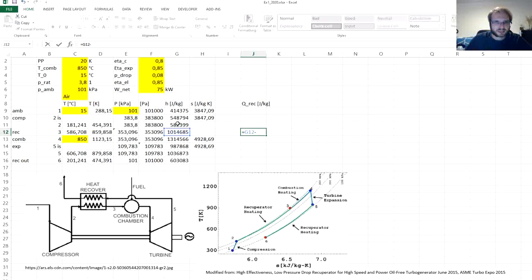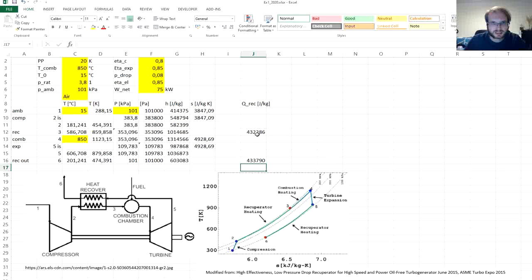So difference in enthalpy is 3 to 2, and at the second side of the heat exchanger, neglecting any heat losses, the heat transferred from 5 to 6 has to be the same as the heat input from 2 to 3. So 5 to 6 here, H5 minus H6,